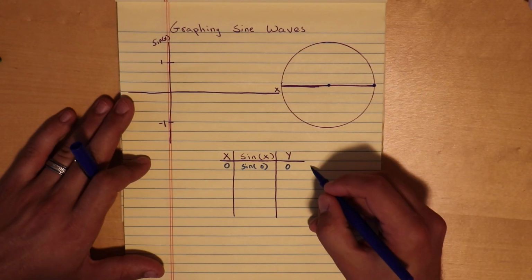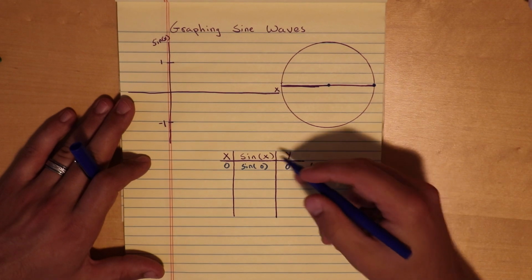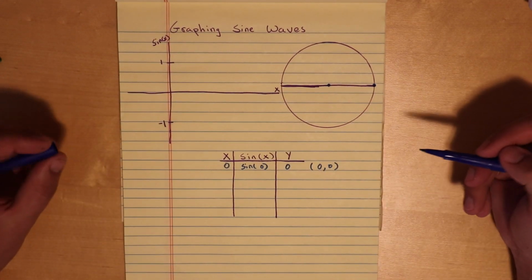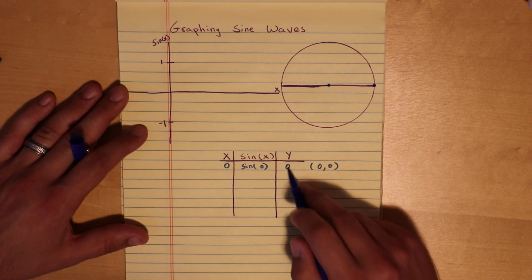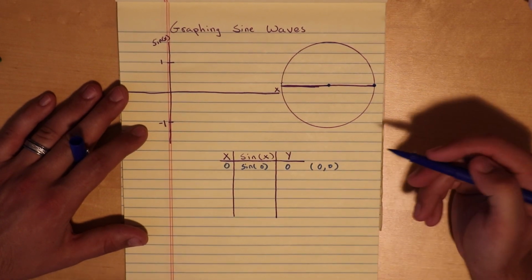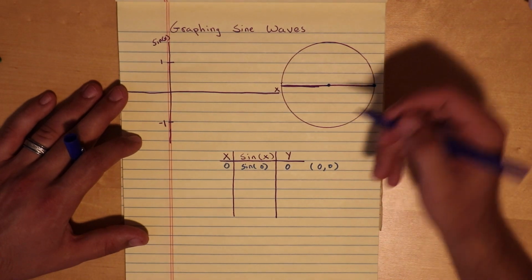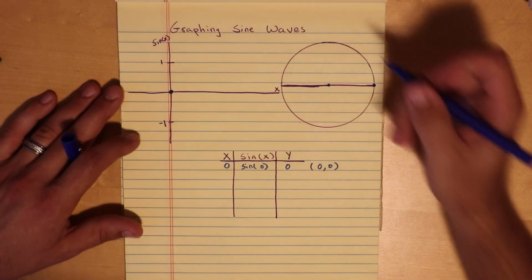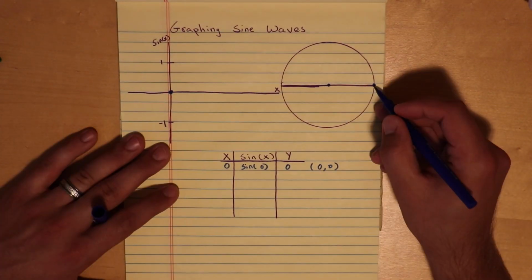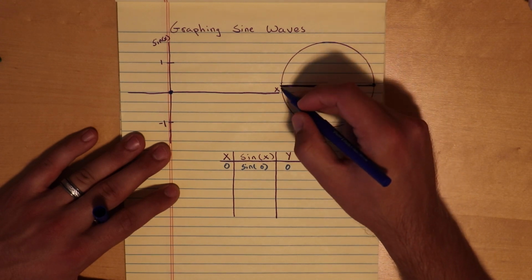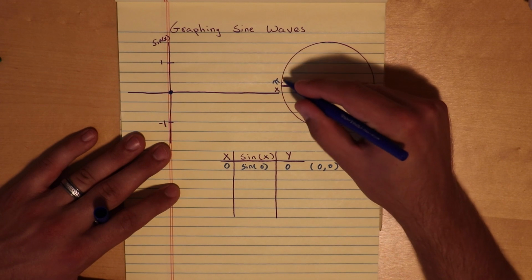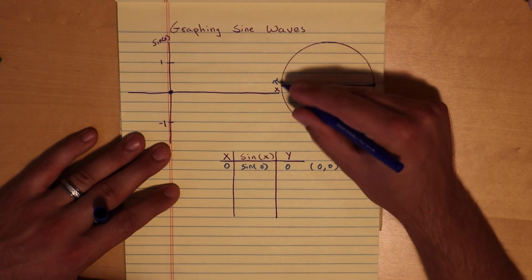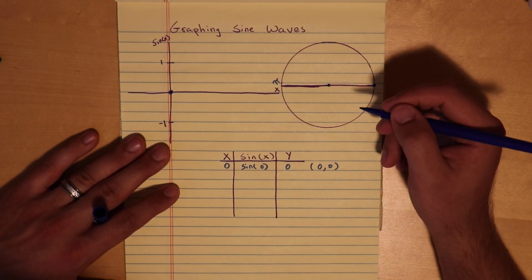So the first coordinate we're going to plot is (0, 0). You're going to see some tables that look similar to this, perhaps today in this video. Just remember that I'm plotting the first number and the last number as coordinate pairs on the coordinate system. So I'm going to plot the first one at (0, 0), right here. And then the next one, remember that halfway around the circle is pi. That is where pi comes from. The distance halfway around the unit circle is pi radians, around the top half of the circle, which means that halfway,